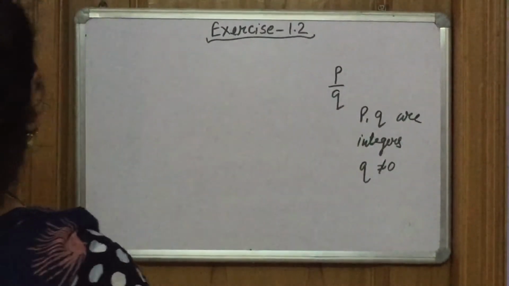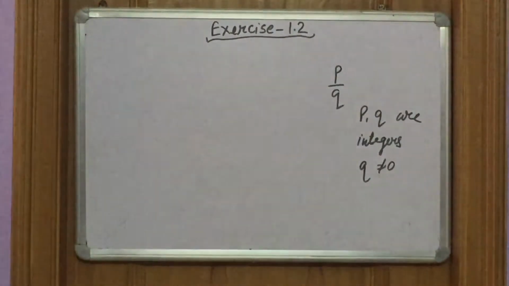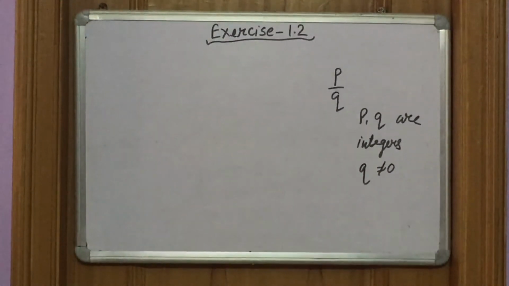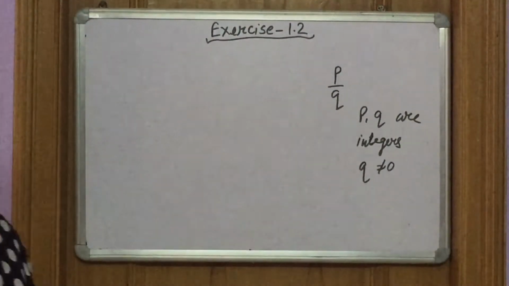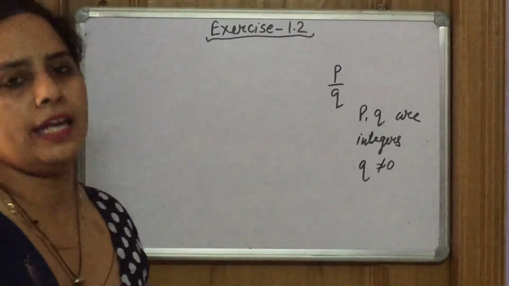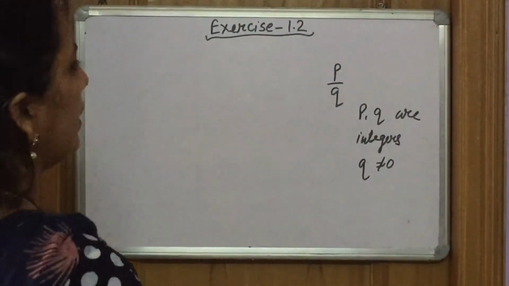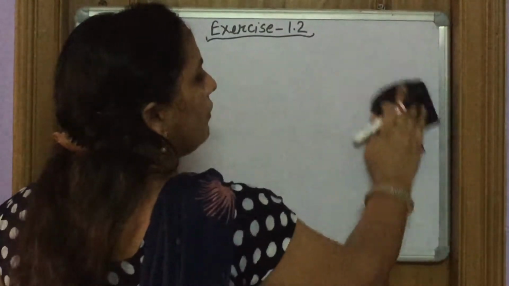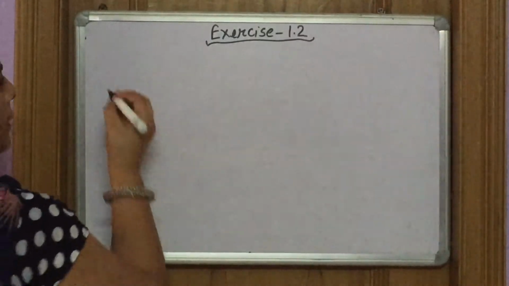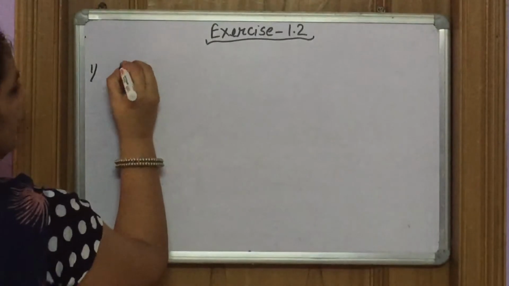And a number which can't be written in the form of p by q, we say that this number is an irrational number. Further, when we have to check whether a number is rational or irrational on the basis of its decimal expansion, we have some conditions. So first condition is